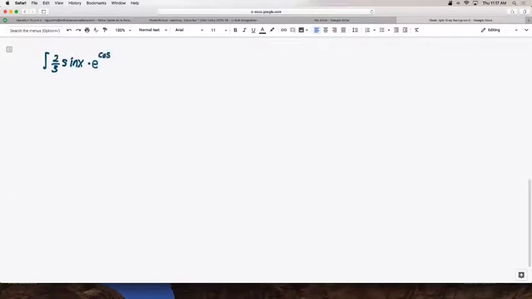Again, this might be intimidating to the untrained eye, but to the person who is trained to spot the u-sub situation, I can see the cosine of x is the composite inside the e to the x function, and I know that the derivative of the cosine is the negative sine, so there's just going to be a scalar difference between these two. Let u be